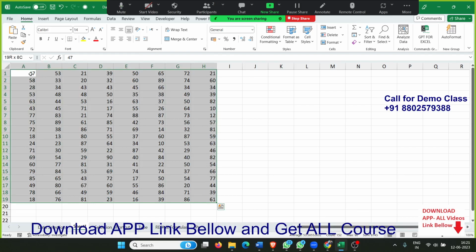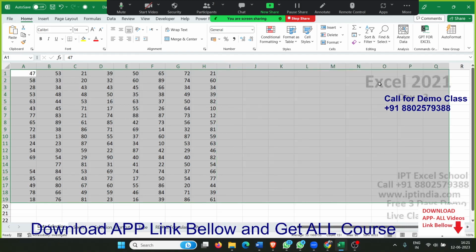End. Control Shift and where is the End button? Yeah, at the top. But remember, if you use Control Shift and then select the cell, just like we have selected